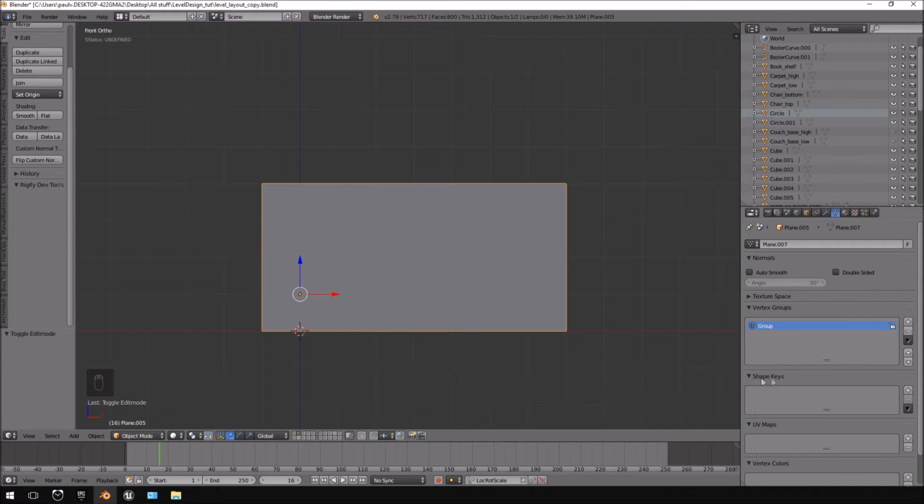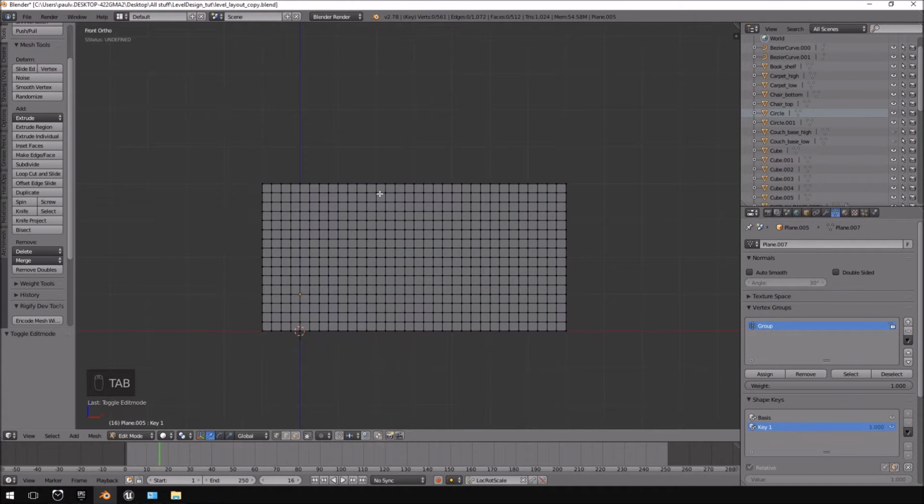And then under the shape key, right underneath vertex groups, I'm going to add 2 shape keys. Now shape key basically is going to be a modification to the model's vertices based on key input over here. Now the basis is how your model looks at its standard, and key 1 will be like the first changes that we make. So I'm going to set this to a value of 1,